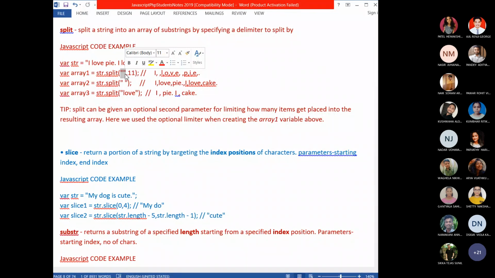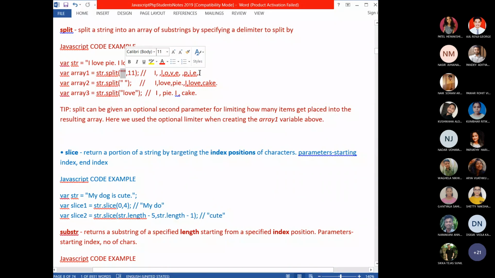Here I have given simply empty double quotes, without leaving a space, so I am specifying an optional parameter. With this, it will split character by character, not word by word. Each and every character will be an array element of the resultant array.